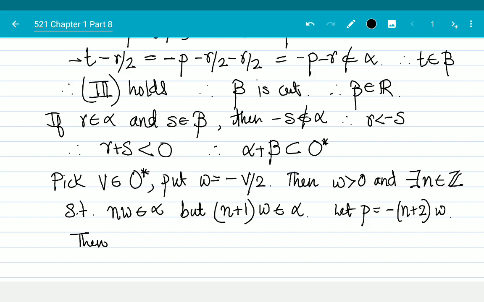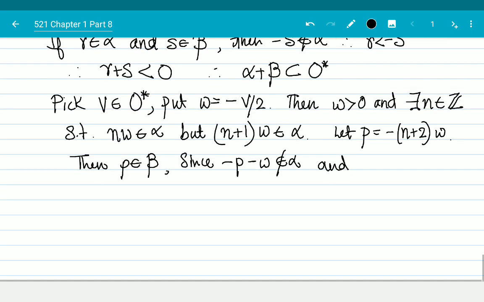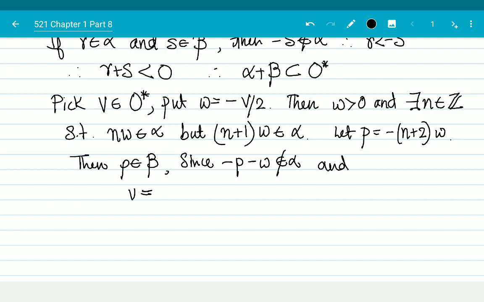Then p belongs to beta, since p minus w does not belong to alpha, since negative p minus w does not belong to alpha. And v, which is by definition n w plus w plus p,